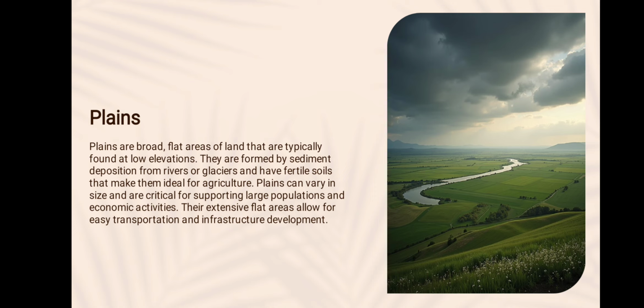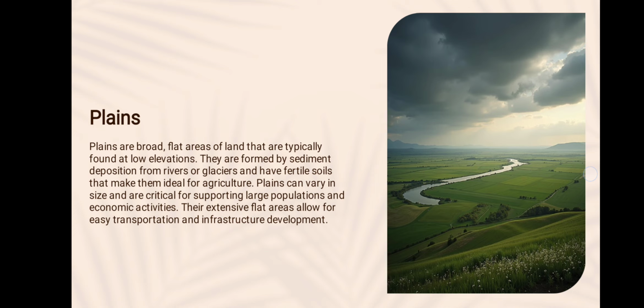So the most preferable area for settlement is the plain area. Their extensive flat areas allow for easy transportation and infrastructure development. That's why people prefer to live in a plain rather than in the mountain, because it is very hectic to stay in the mountain, or near the river or near the sea, because it is very difficult to stay there